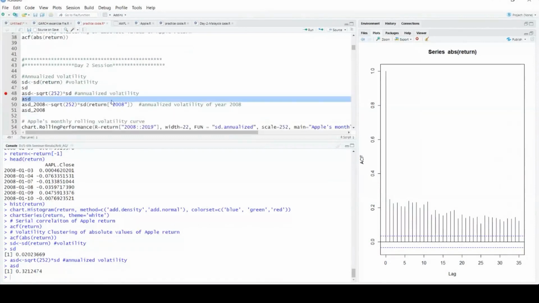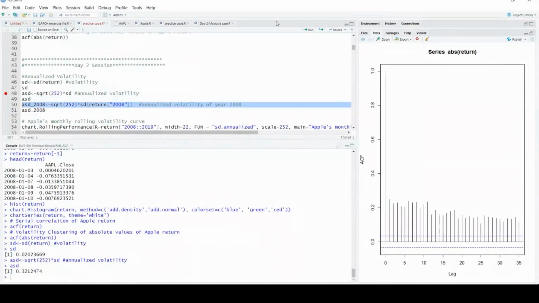Now, if I want to calculate the annualized volatility particularly for 2008, let's say, I have the 2008 data, so how do I calculate the annualized volatility for the year 2008? This is the command for that. Here I take the return of 2008 only, take the standard deviation, and multiply by the square root of 252.